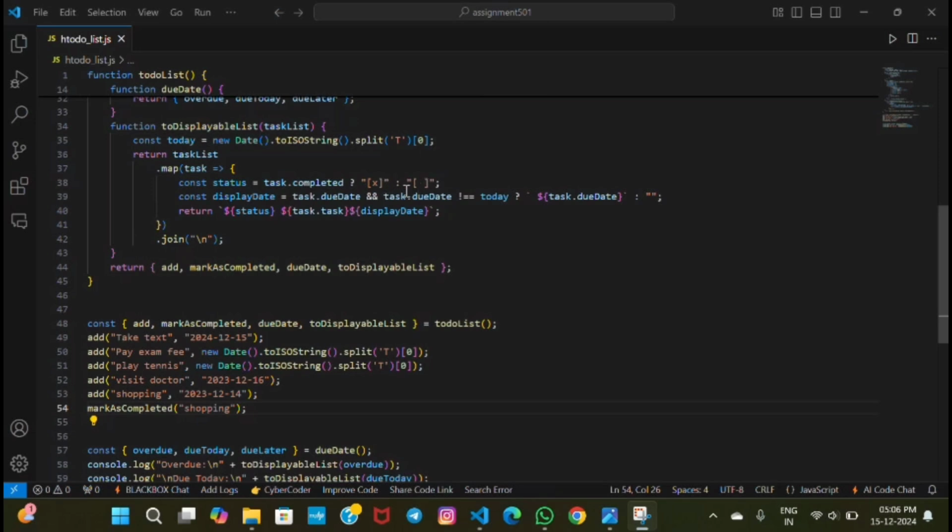If the task is not completed, it gives the blank along with a wrong mark. If the display date is not today's date, it mentions the due later date or the previous overdue date. Now let us move to the